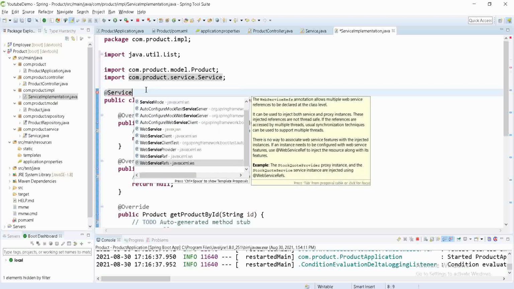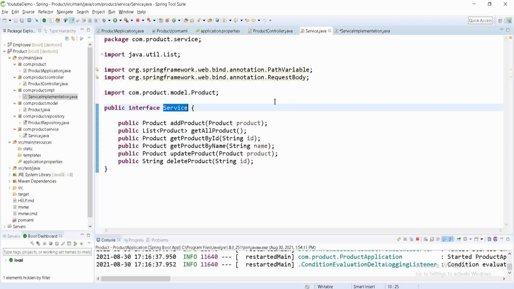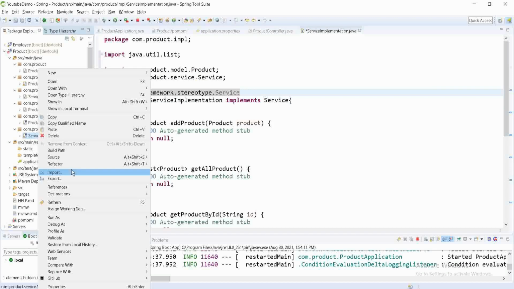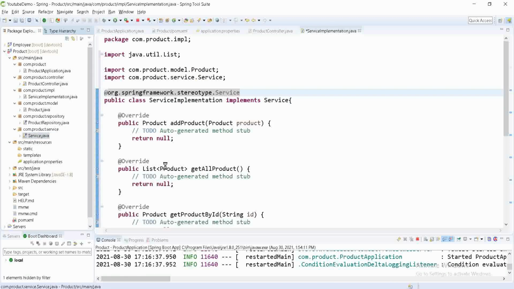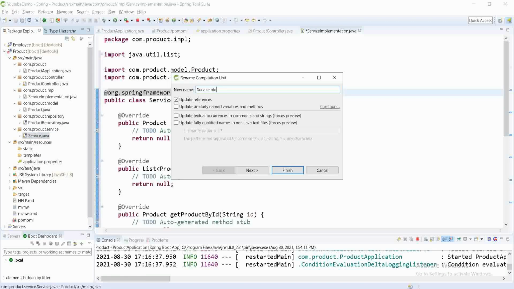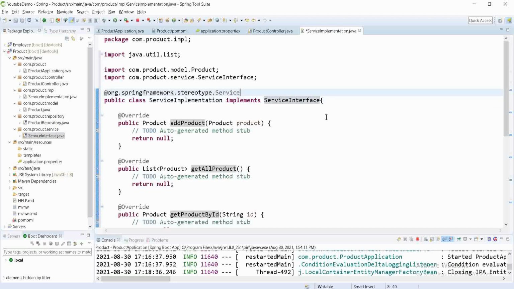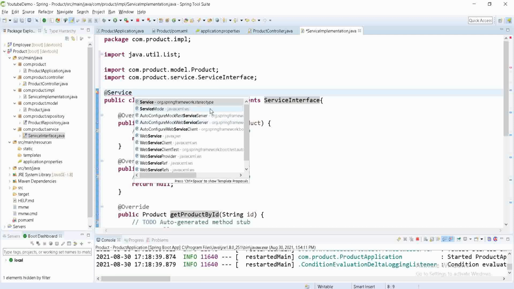Here it is giving issues because we have named this interface service, and the annotation is using that name. So either we can rename it with some other name, like service interface. You can keep that name as well, it will not create an issue, but it is better to give a different name. So now when you annotate, it will work properly.